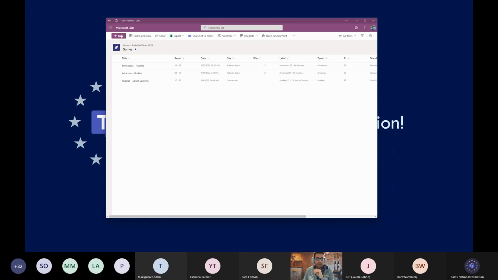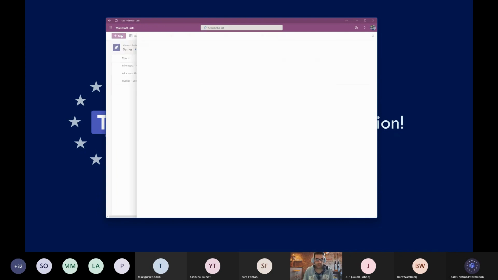So if this list needs to be modified twice, one when the game is added, and another time when the game ends, we might need to format the form, and that's what is in here. So this form was formatted to show two different sections, and one is the new game data, and then there's